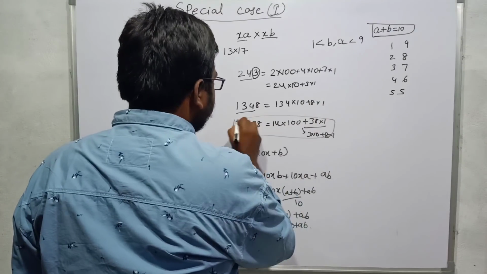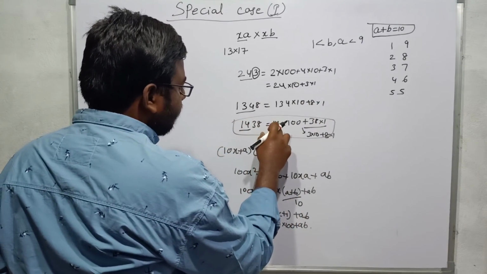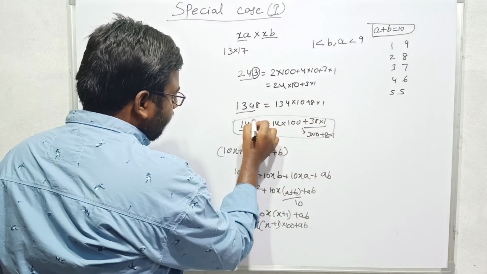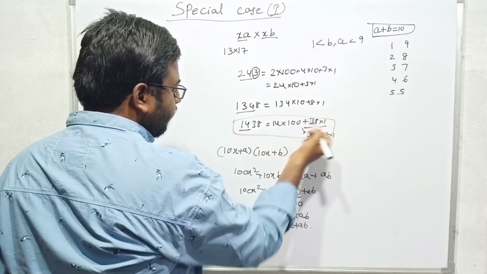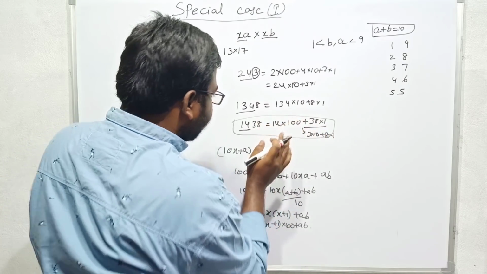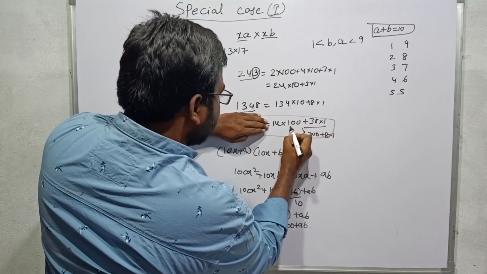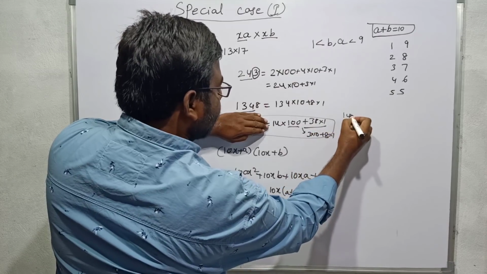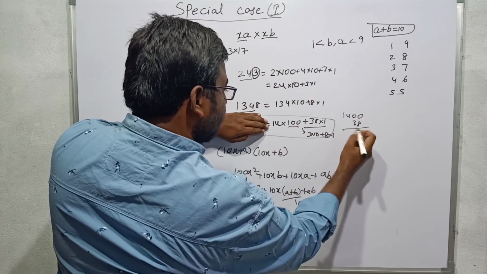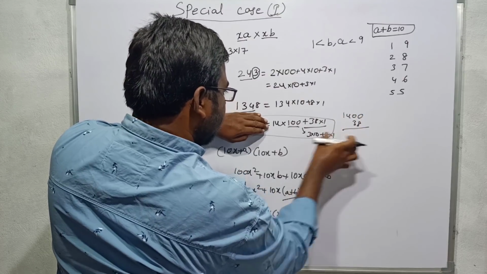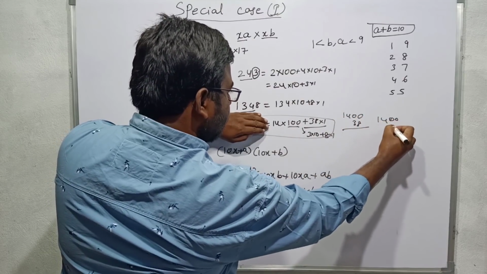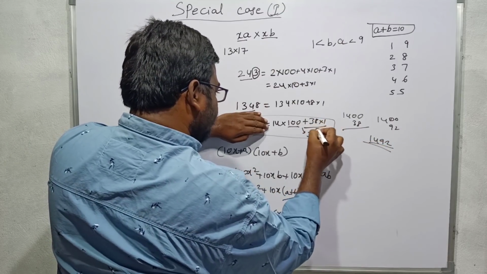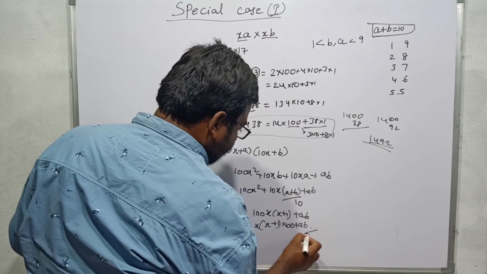See this number 1438. I wrote 1438, which means 14 into 100 plus 38 into 1. That means I left 2 digits here, so I can multiply by 100. If there is 100 here, there is a possibility of adding 2 digits more. For example, that will be 1400, and I can write just 2 digits, so I can write that number as it is. For example, 1400 plus 92. I can write this number as 1492 without thinking.